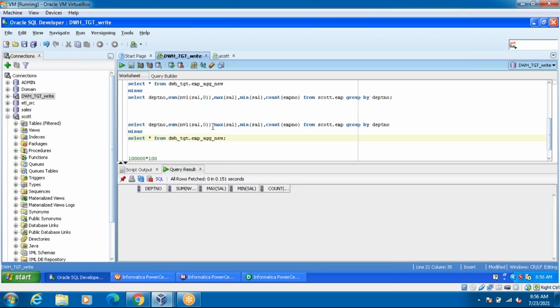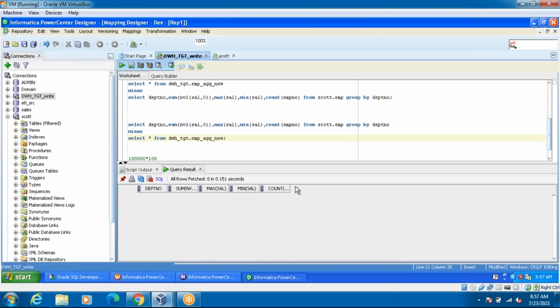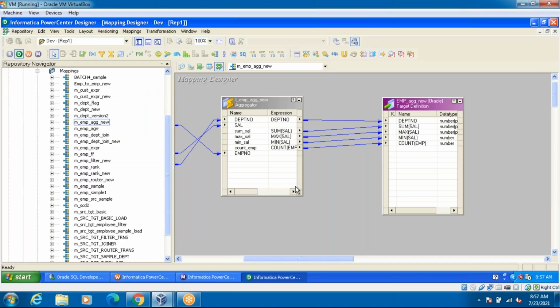Clear, guys? What kind of scenarios we are doing, in the same way you can use multiple transformations and multiple jobs. For example, I'm going to execute the expression transformation. One active transformation I showed you.